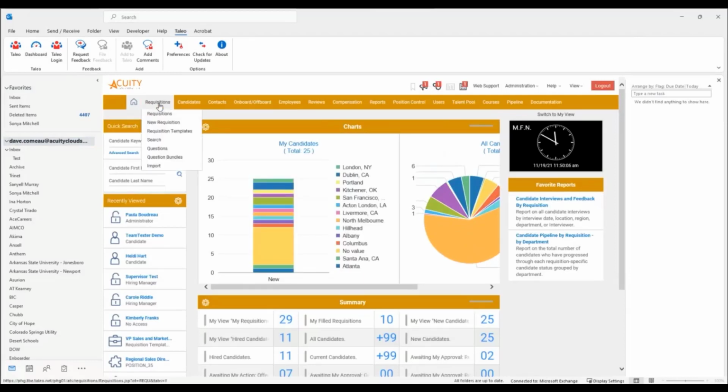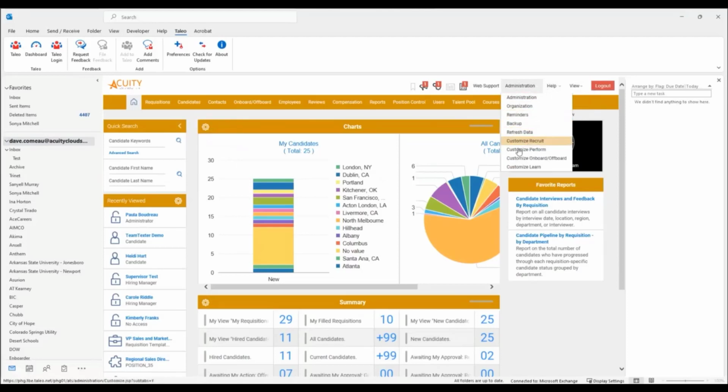You can view your requisitions, you can view your candidates, you can do exactly all the same things that you would do if you were to access Taleo Business Edition directly. One thing to note, however, is that the page layouts and the information that will be available are controlled by the page layouts that you can set up directly for Outlook. So if we were to go to administration and customize Recruit,